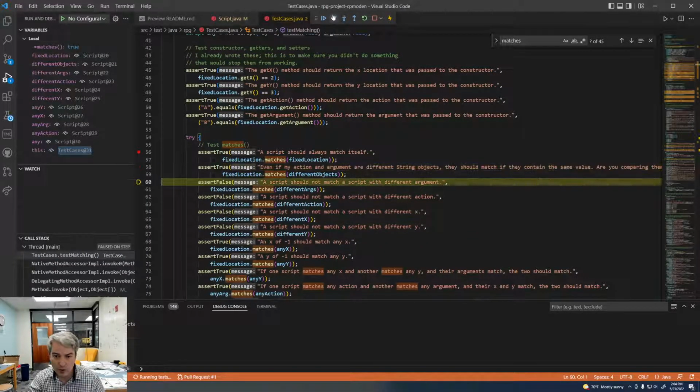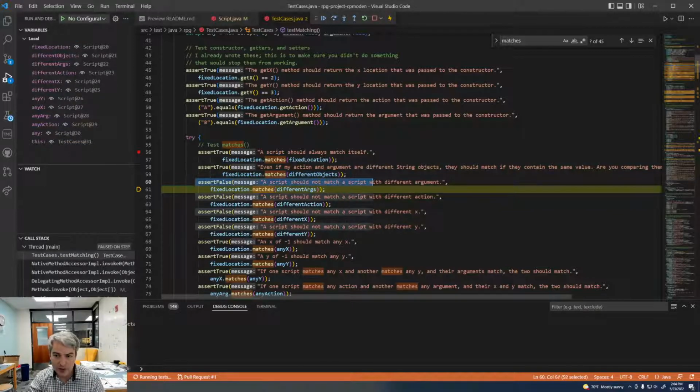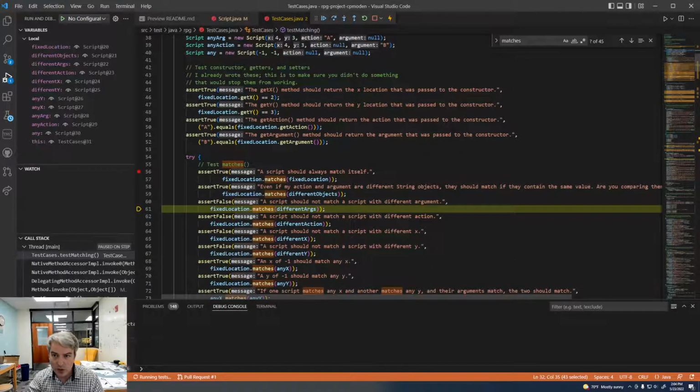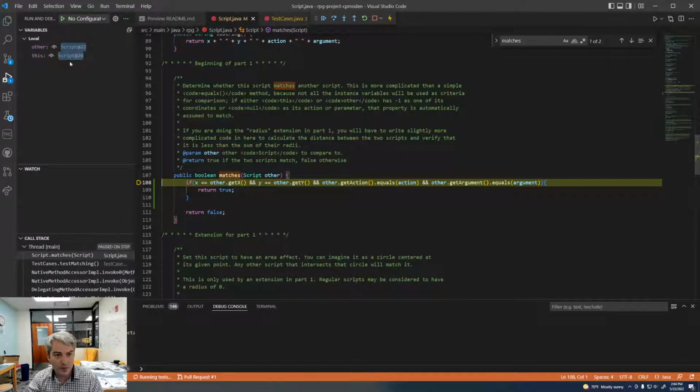Let's get down to one more here. This is going to be assert false. So it's saying that we're trying to match fixed location with different arguments. So you might get this in your code, like this fixed location and different args should not be the same because both their x's are the same, their y's are the same, their actions are the same, but their arguments are different. So let's look, we're going to dive into this method,